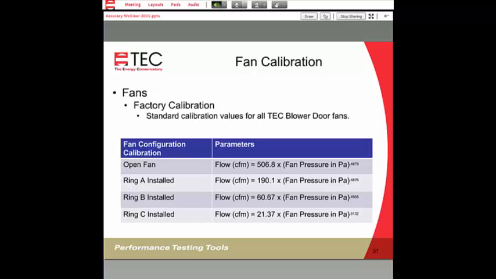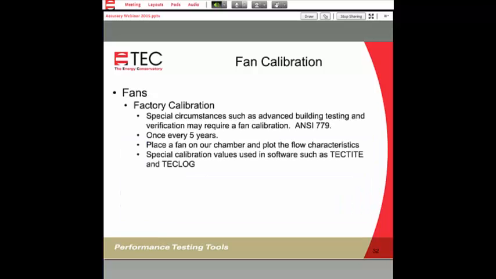Now there are occasions when someone will need special calibration. There is one particular standard, ANSI 779, that applies if you're using some of these tests for, say, commercial buildings, and they have to be tested in accordance with the Army Corps.